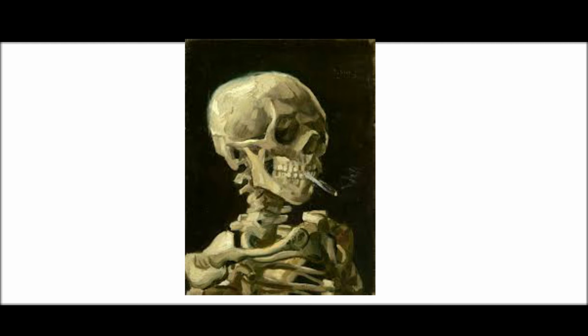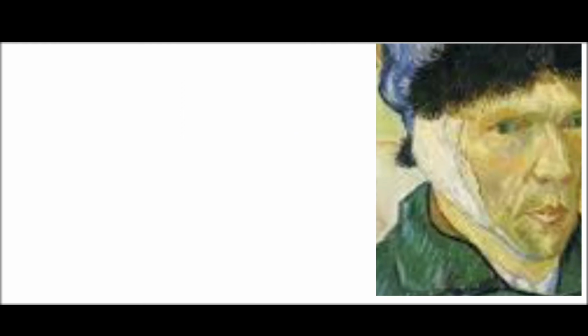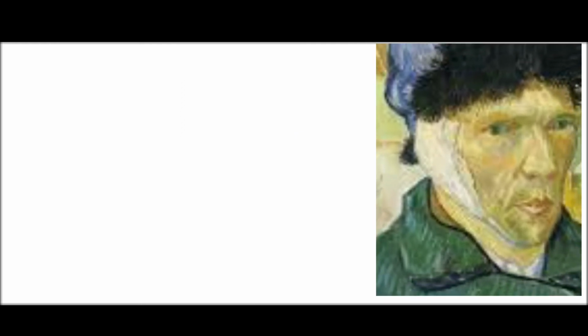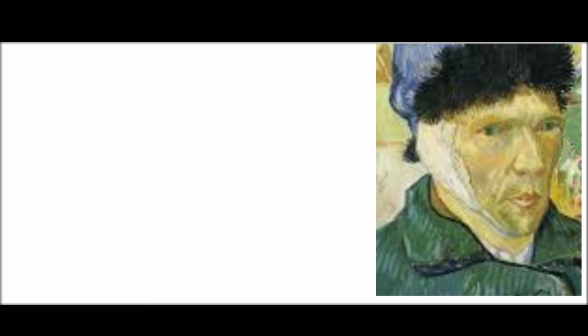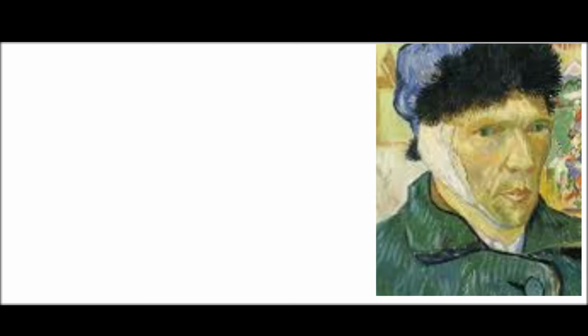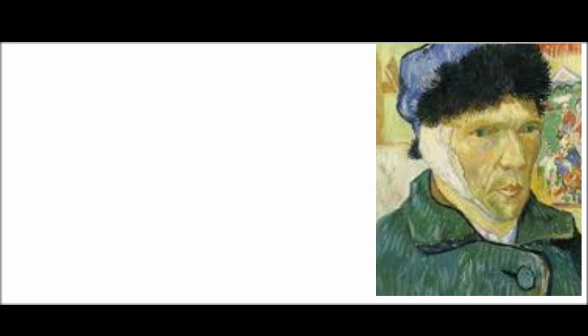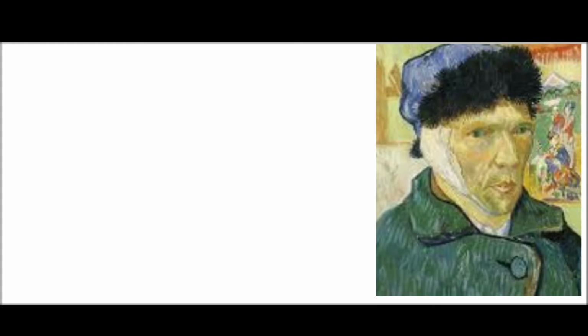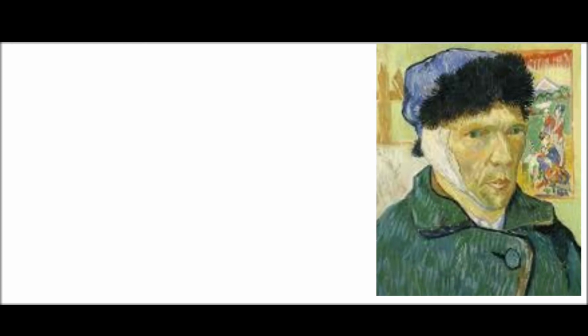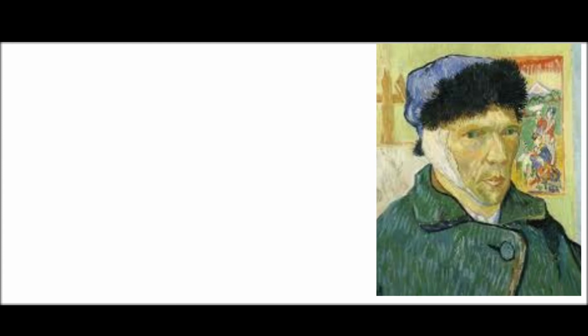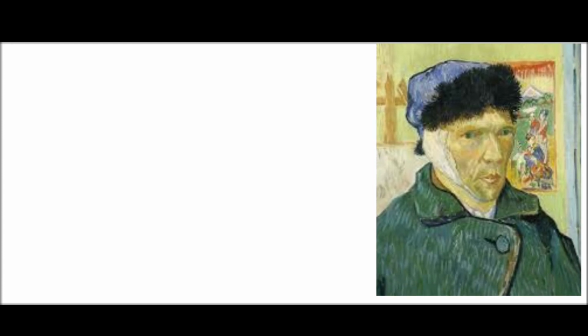Another possible meaning to this art piece could be related to the condition of Van Gogh's health at the time. You see, when Vincent created this piece, he was gravely ill, to the point that he had to be hospitalized. His pain was such that he truly believed his life was nearing its end. Added to the cigarette, the skeleton smoking might be a reference to Vincent's enjoyment of nicotine. This went as far as him keeping up his smoking habit even in his fragile health condition, as seen in a fragment of a letter